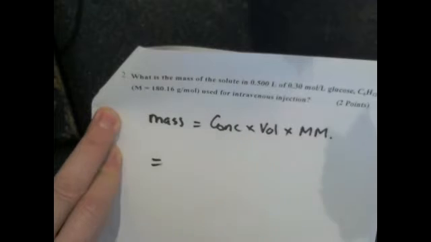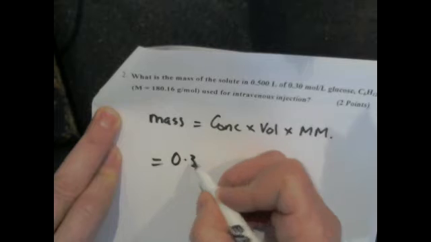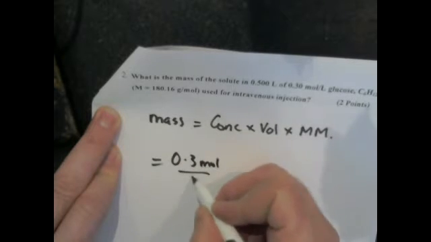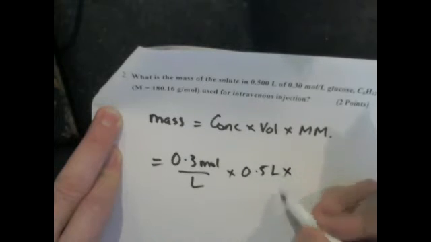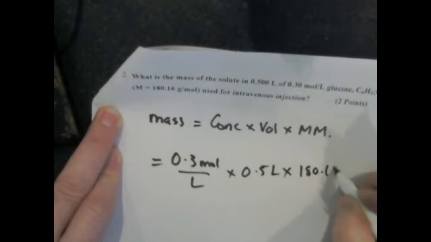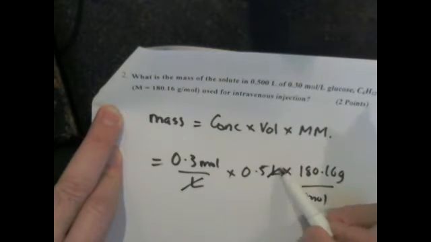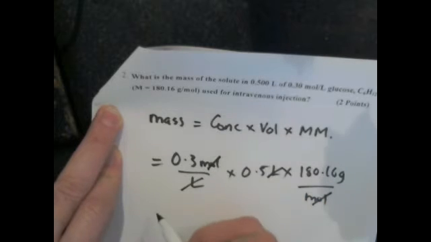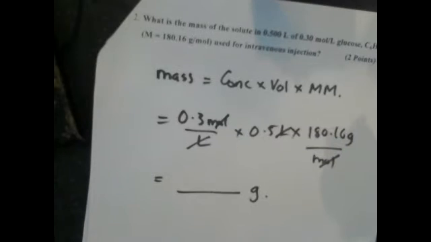So if I put my units in, you'll see that this works. The concentration is 0.3 moles per liter. My volume is half a liter, and then my molar mass was 180.16 grams per mole. And you can see that liters cancels, moles cancels, and leaves me with grams, which is what I want. And so I'll just put that into my calculator now, and you'll see how easy this is. So 0.3 times 0.5 times 180.16, and that ends up being